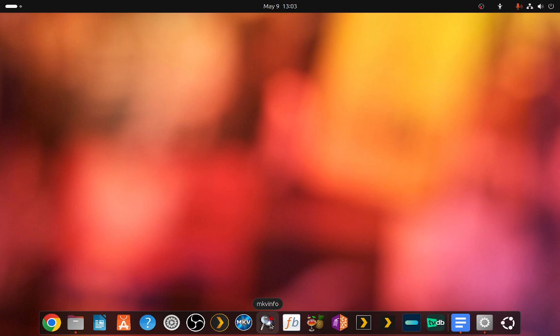MKVToolnix allows you to manipulate what's inside the container file, and even though MKV is in its name, you can do the same with an MP4, which then gets saved as an MKV when you're done. Filebot renames movies and episodes. Handbrake converts your media to a different resolution or a different codec, and MusicBrainz Picard brings in robust metadata so